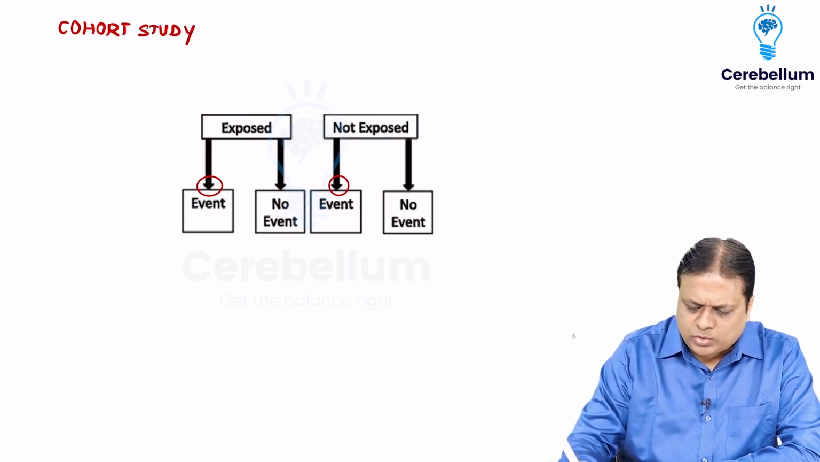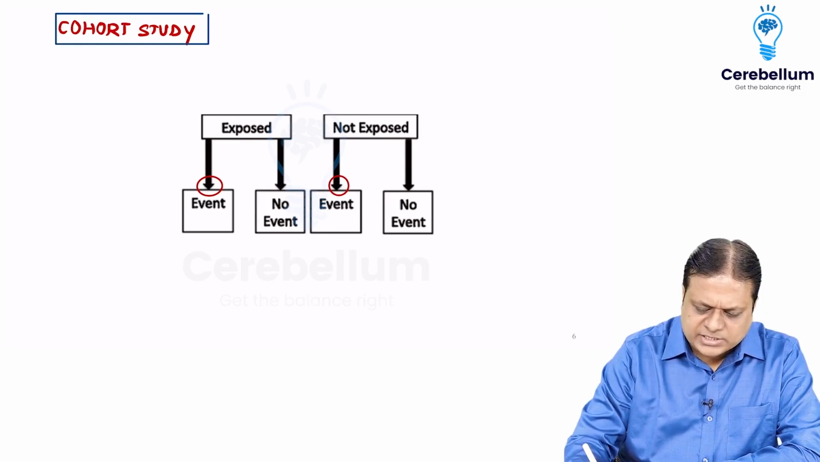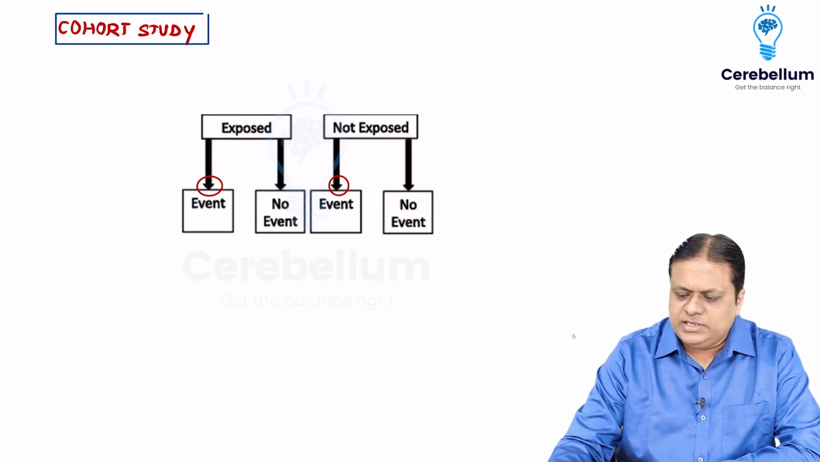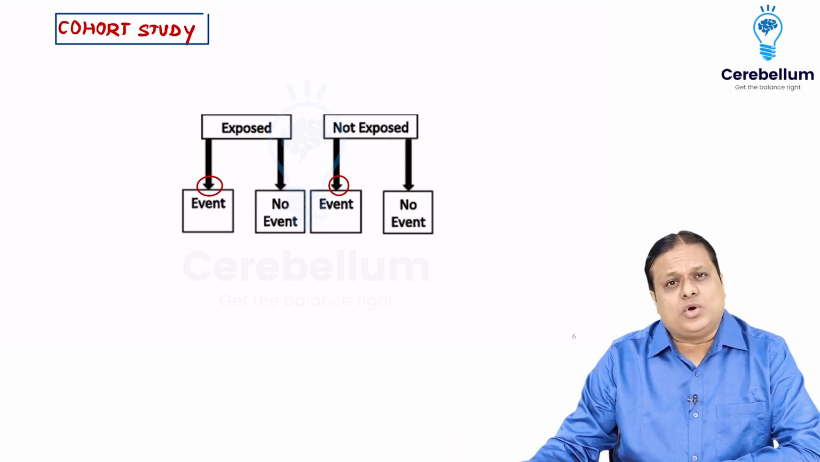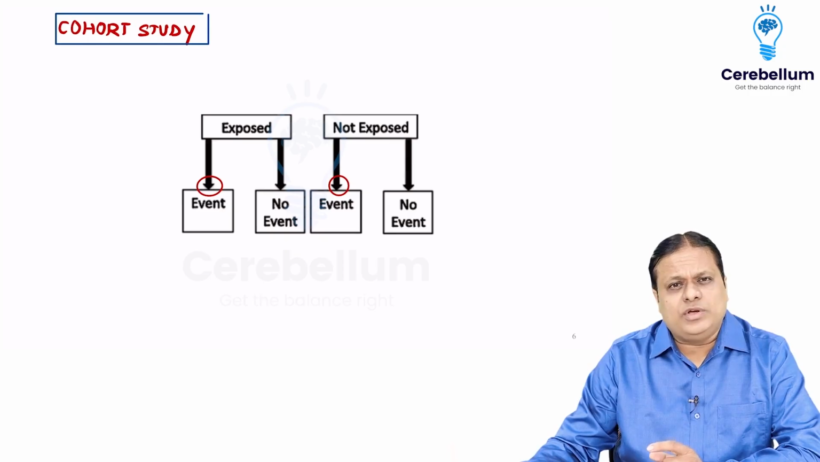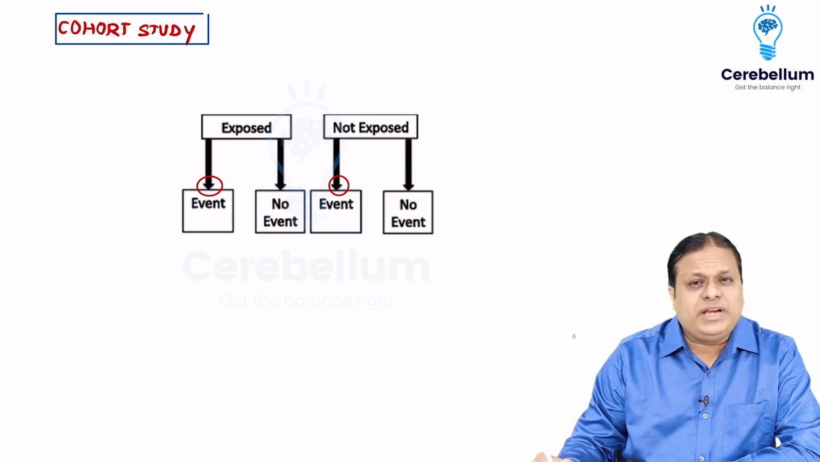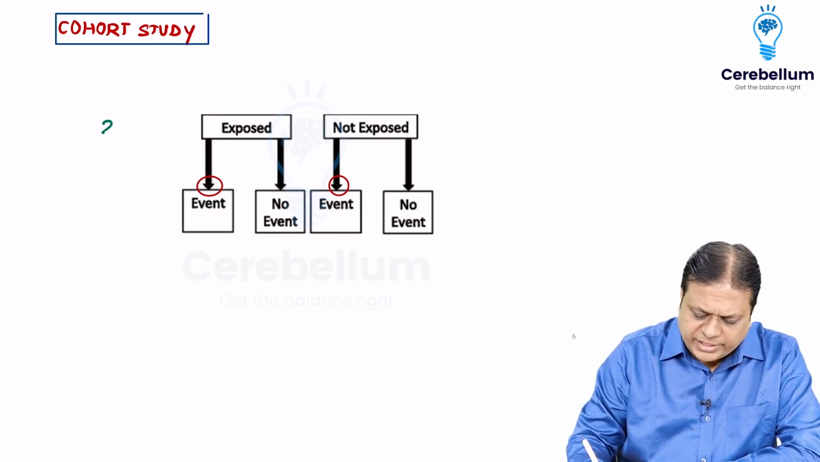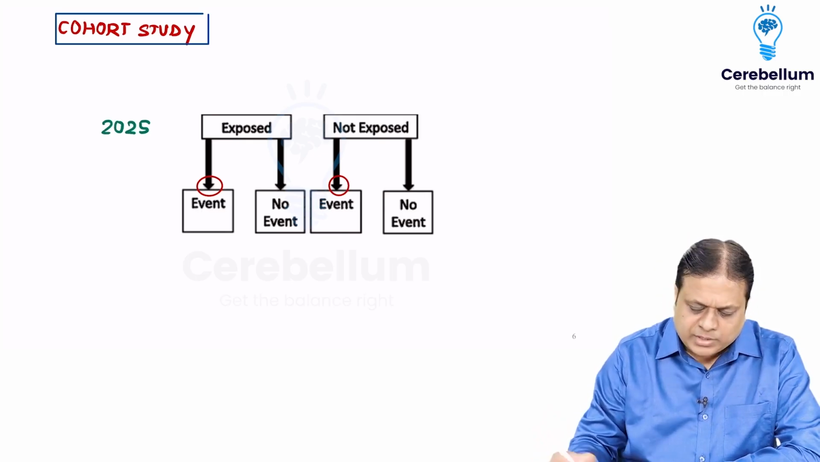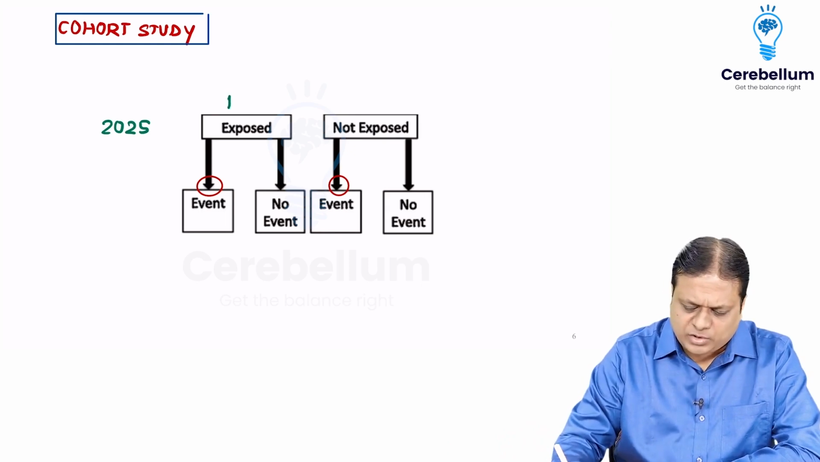Now when you look at cohort study, if you see carefully, it starts with the exposure and non-exposure group. That could be smokers, non-smokers. And then we go in a forward direction. So if I take 2025, 100 smokers, 100 non-smokers,